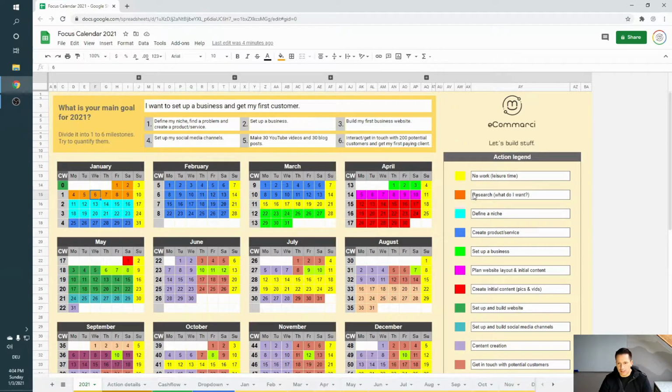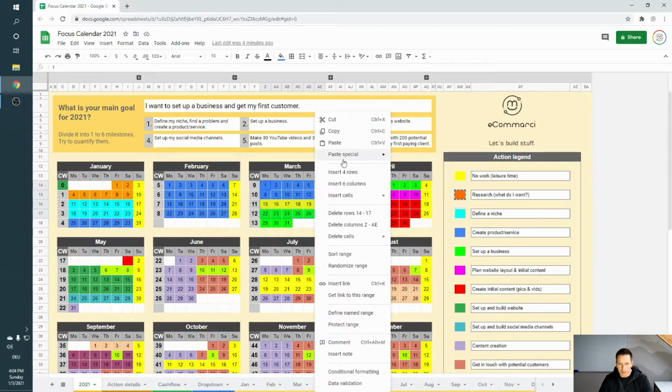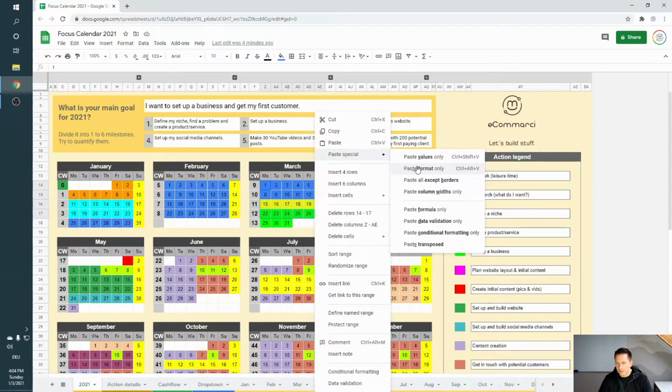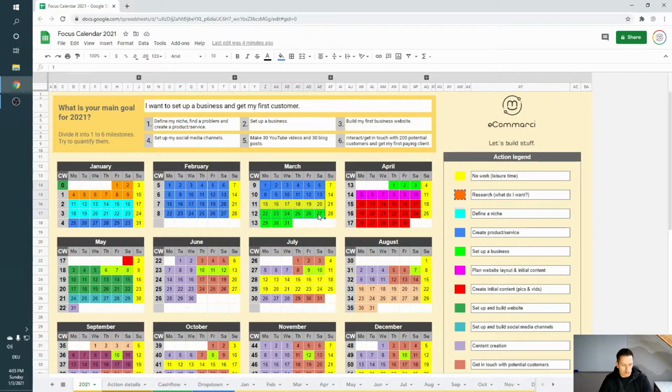And how you can do that, or the easiest way to do that, is by clicking inside the cell of the color. Then you press Ctrl C, and then you can select the range that you want to color or define for that specific action. Then you have two ways. Either you go right click, paste special, and paste format only, or use the shortcut Ctrl Alt and V. Let me do that. Select the range, Ctrl Alt and V, and then you see we have this orange here. You can undo it by going for Ctrl and Z, like that.